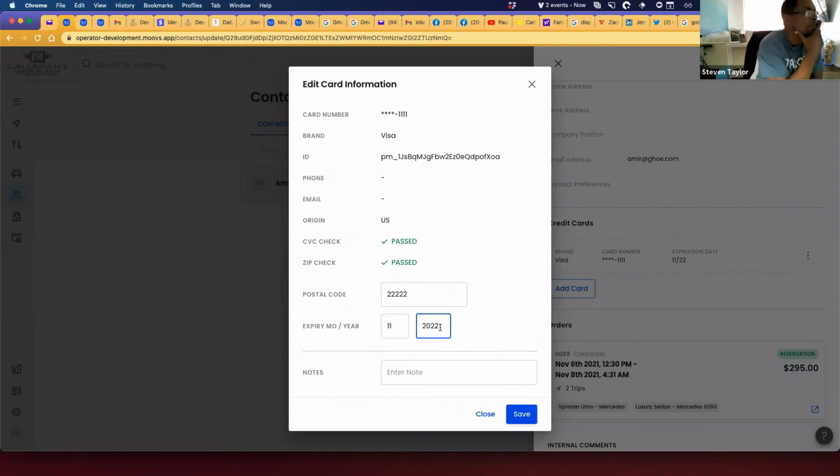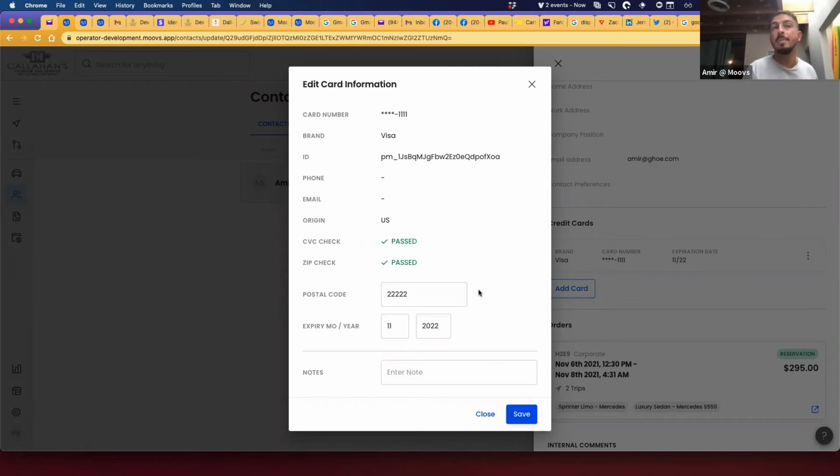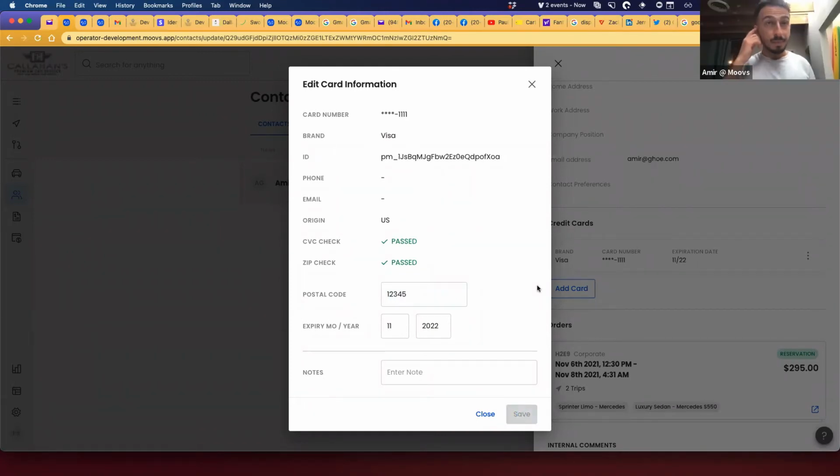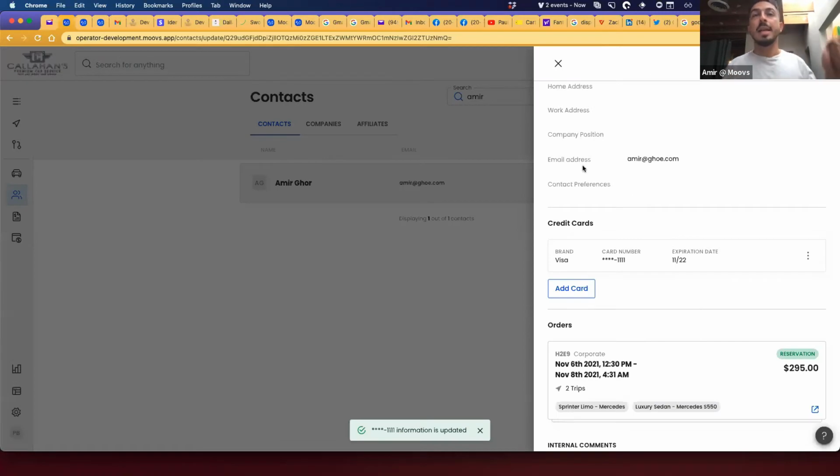That's super powerful. In the case that the zip code fails, you can come in here and change the zip code, save, and the information gets updated.